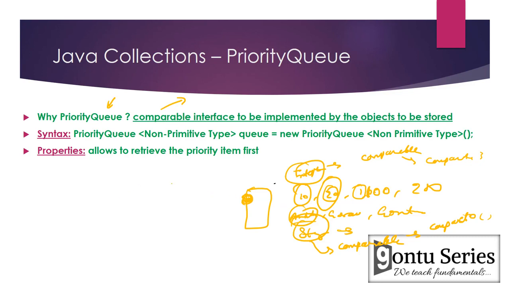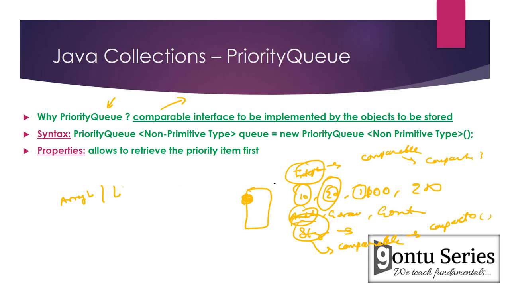But if you're writing an object yourself, a user defined class like Country, then it's mandatory that the Comparable interface has to be there. Without that it cannot work, because PriorityQueue has to put the minimum element at the start. PriorityQueue makes it mandatory for you to implement Comparable. If you do not implement it in that user defined object, or whatever object you are storing, it is not going to work. But in case of ArrayList,